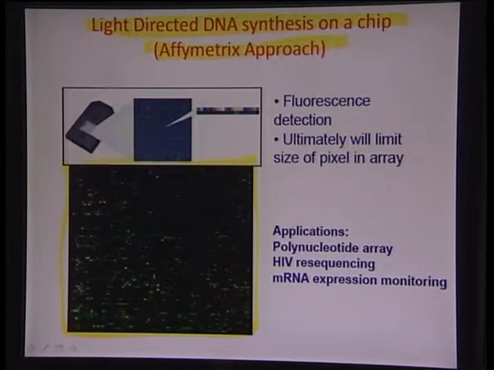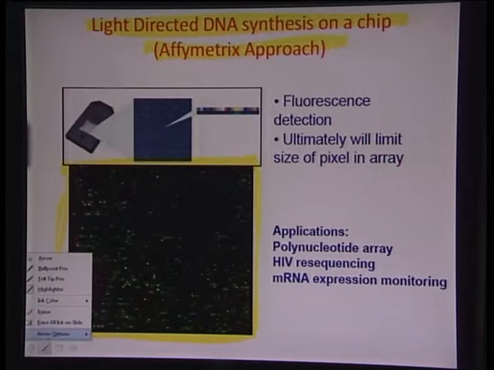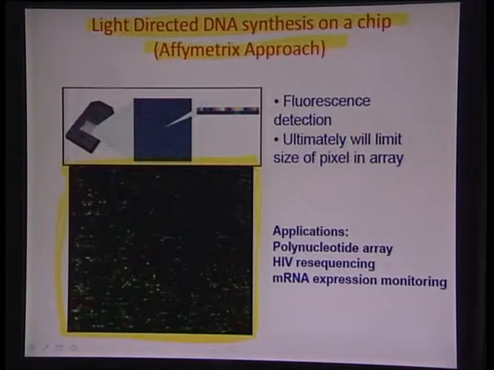This is essentially the readout of such a chip. You can see here there are these fluorescent pixels which have opened and closed at various regions of this particular chip, which signifies the binding of the target DNA molecule,